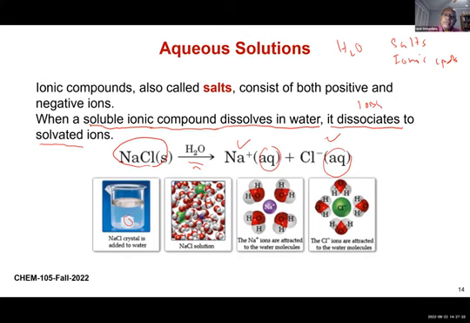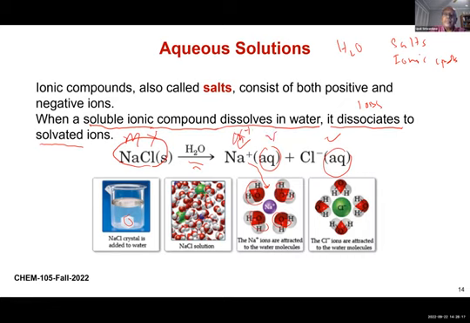When this happens, this sodium ion is surrounded by many water molecules. Only a few are shown here. Water has a dipole. We just talked about it. The negative end of the water molecule points towards the positive ion. They're surrounded. That breaks up the sodium chloride lattice. So when something goes into solution, this takes place for all soluble compounds. When it goes into solution, no matter what the metal is, what the anion is, they make